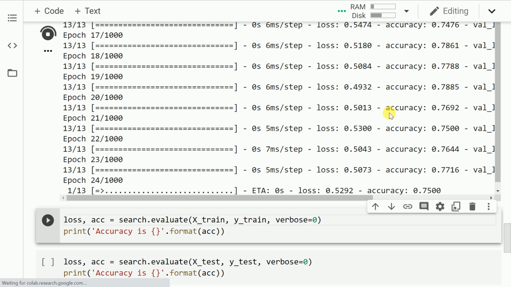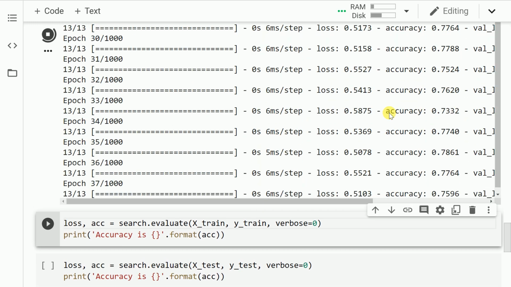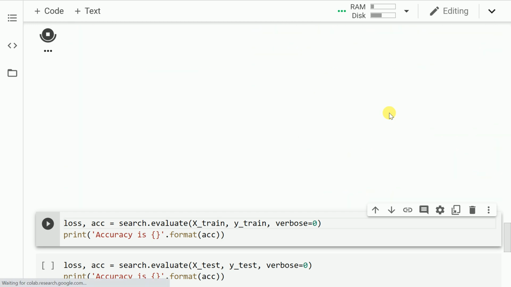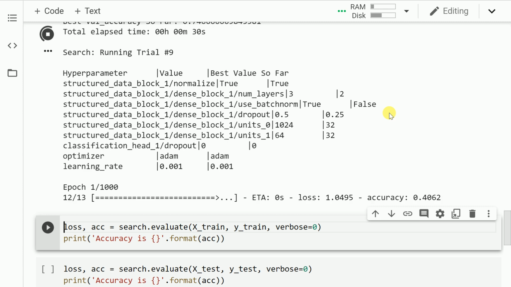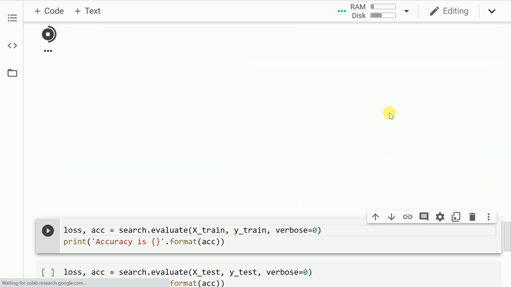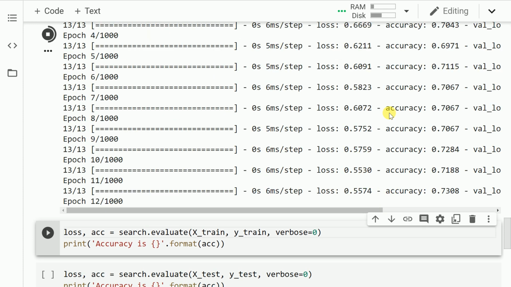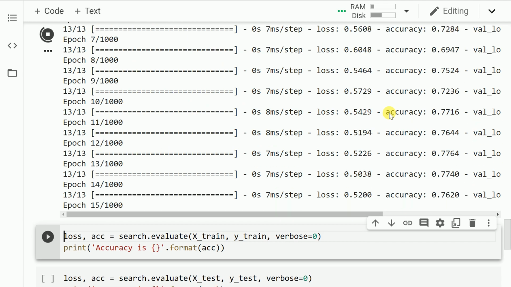It will depend on a lot of factors like your data size, total number of features, total number of samples in your training data set. I've used a very small data set, so that is why you are able to see this move really quickly. But when you think of larger data sets, that is where you will see a good amount of time taken for every different model that is tried by AutoKeras.